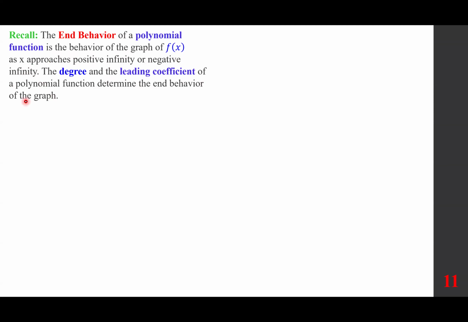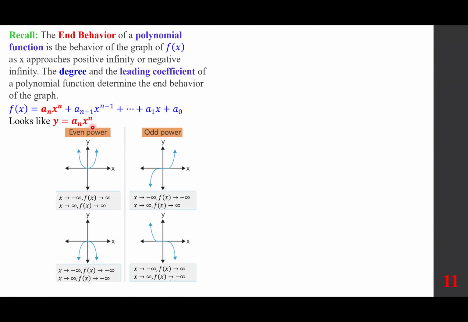In other words, f(x) is a sub n x to the power of n all the way to a sub 0. The end behavior means eventually the graph will look like the leading term, a sub n x to the power of n. So everything depends on the leading term, the degree, and whether a sub n, the leading coefficient, is positive or negative. So if you have even power,